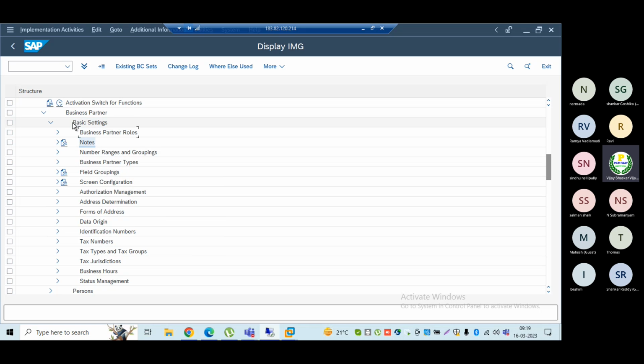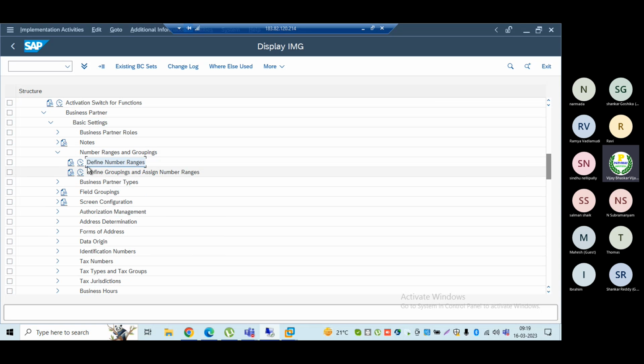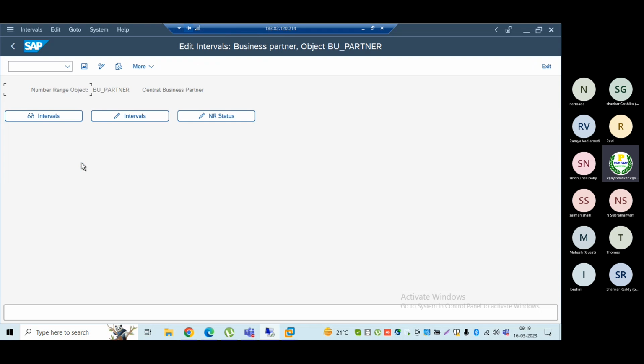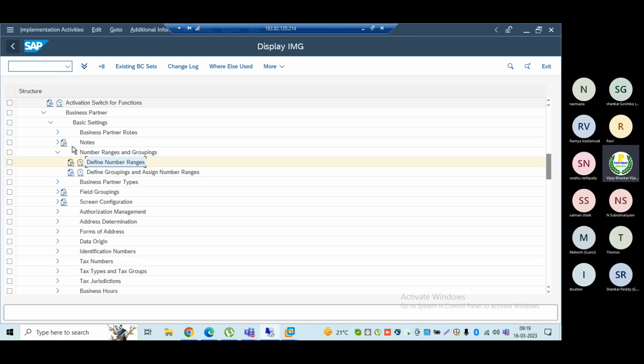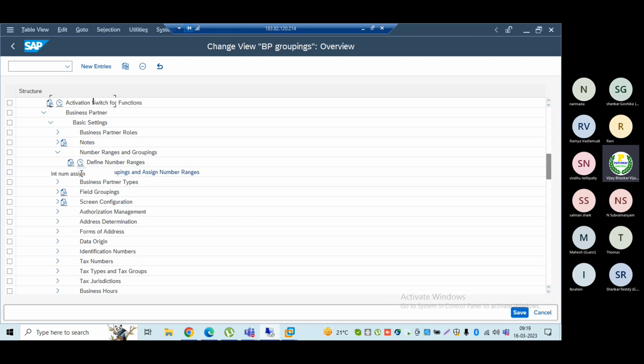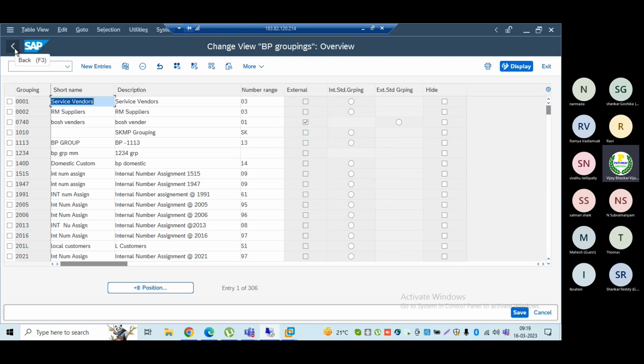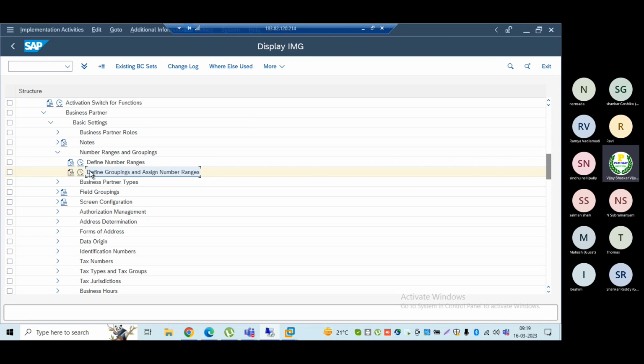Business partner roles, no, sorry. Number range and groups, that is not relevant. Okay, this is the place. Define groupings and assign number ranges. This is also not it. First let me define the groups, business partner roles, define number.